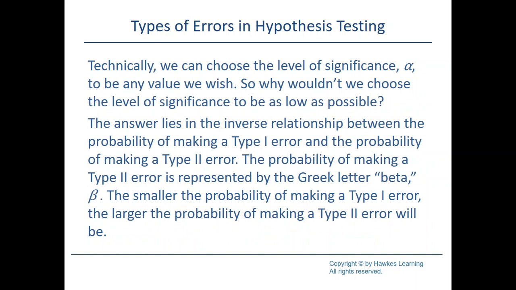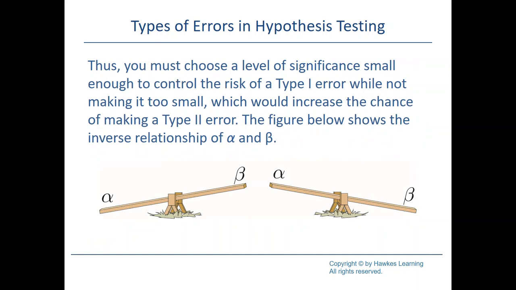So why wouldn't we choose a level of significance to be as low as possible? Well, there's actually a reason for that. The answer lies in the inverse relationship, which is basically if you have the probability of making a type 1 error, what's the probability of making a type 2 error? Now, the probability of a type 2 error, we like to use the Greek letter beta for. The smaller the probability of a type 1 error, the larger the probability of a type 2 error will occur. So if you think of it in terms of kind of a seesaw,